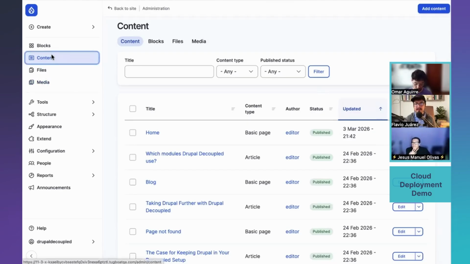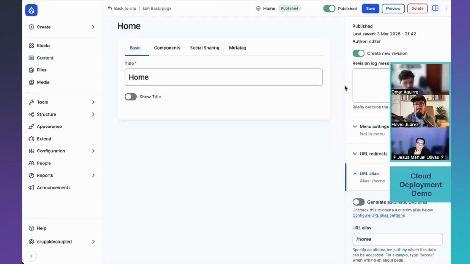Yeah, that's great. So basically, this would be how it works in the cloud. I don't know if you want to add anything else, Omar or Jesus, about this before we go to the local setup. Just to make a note here,